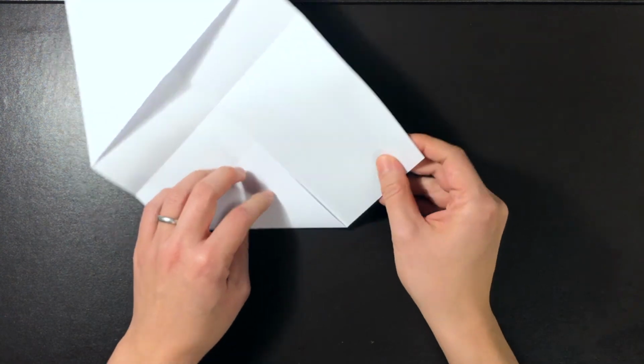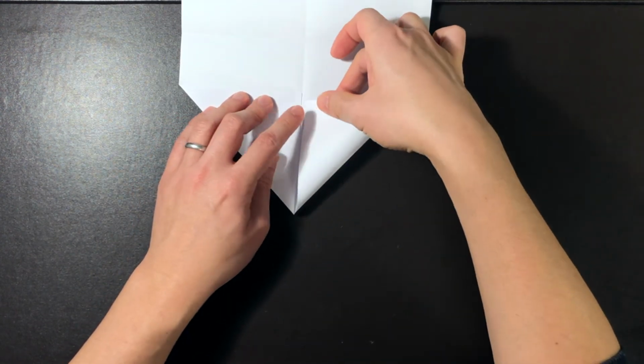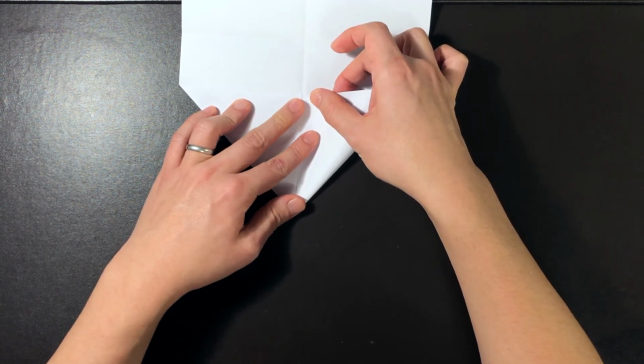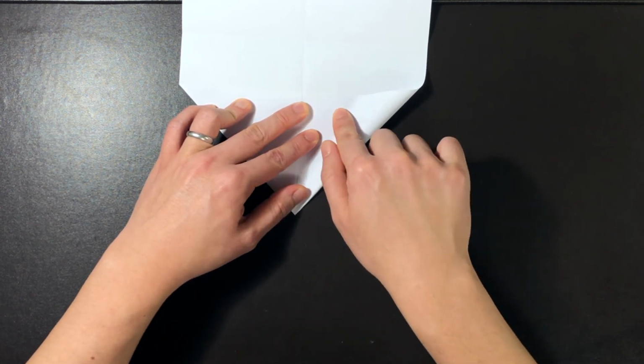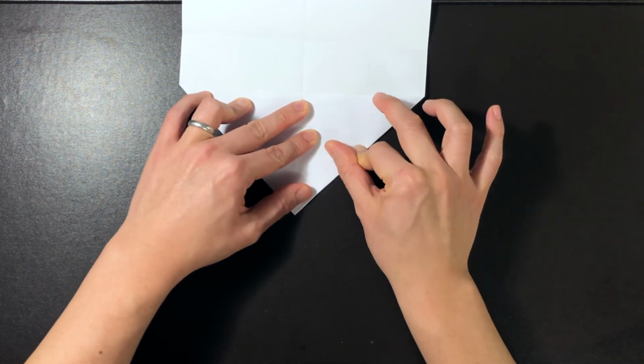And one last corner. Let's match, match, hold down, and make the crease. It does take a little practice to get good, but once you learn how to do